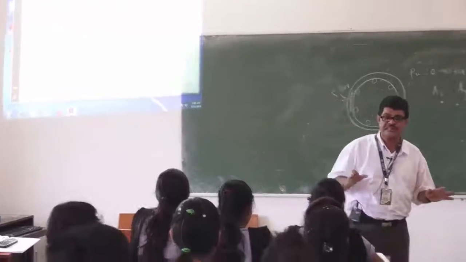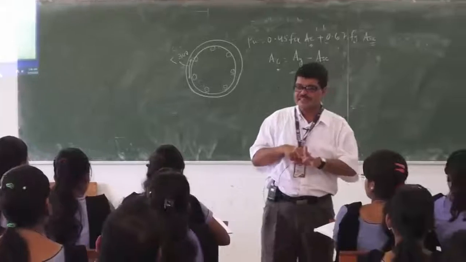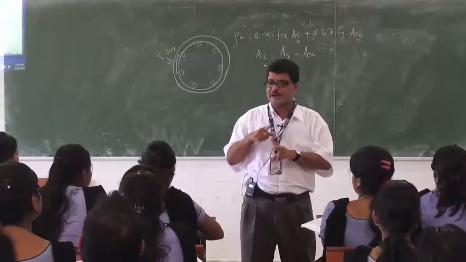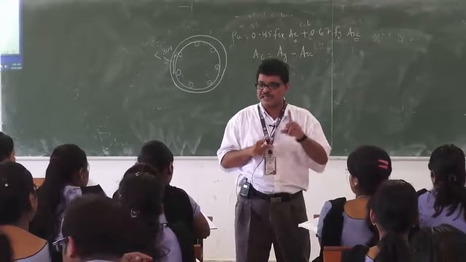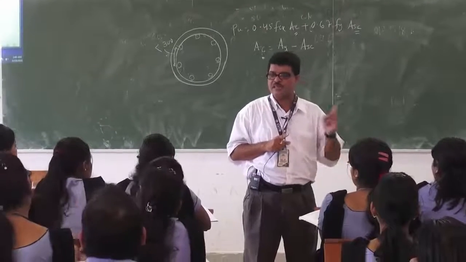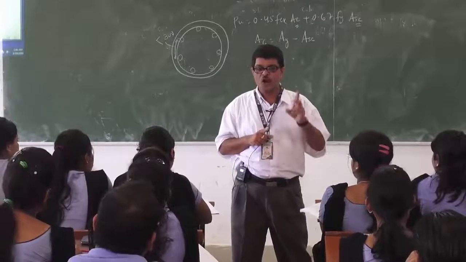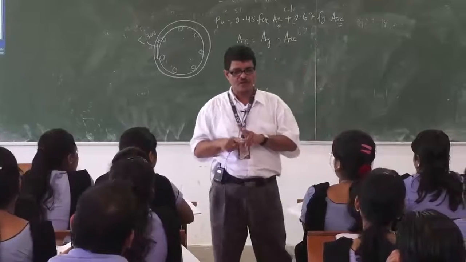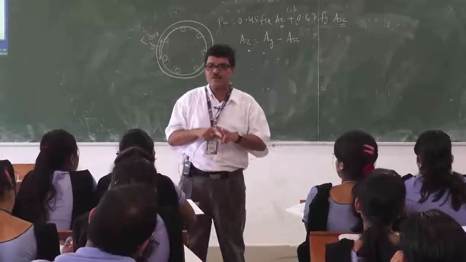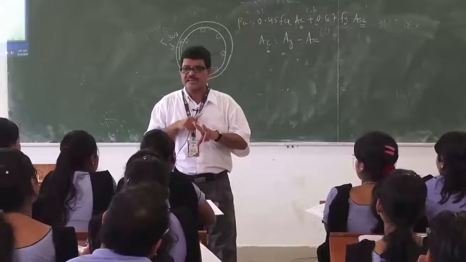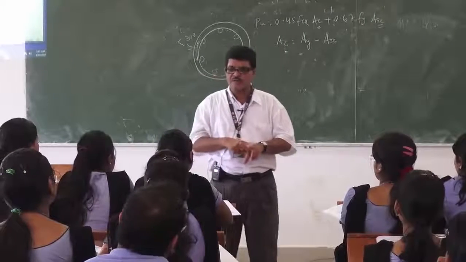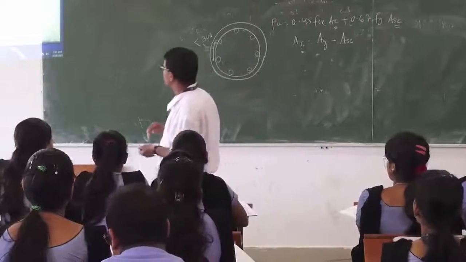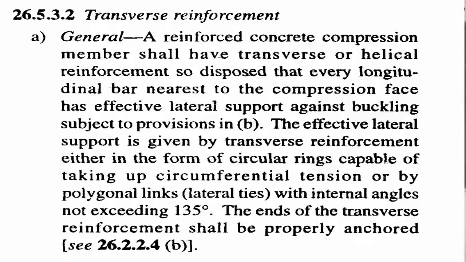So now what do you think? There are 3 things: one is the column and one is the pedestal. There is a clear distinction between these two, a boundary line. The effective length by least lateral dimension less than 3 is called a pedestal, more than 3 is called a column. Again, column is divided into 2 categories: one is the short column, the other is the slender or long column. And again, the boundary is the effective length by least lateral dimension, less than 12 or more than 12. So that is the only thing you have to first confirm before design.